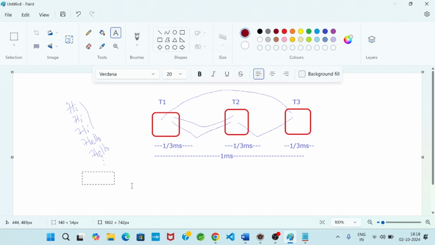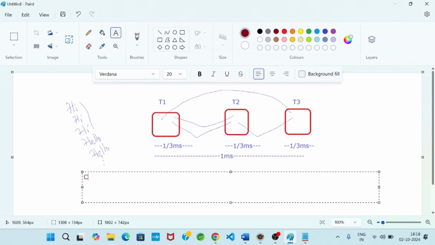In this way, the control is switching from one thread to another thread. So this is called context switching. Remember, there is a terminology, context switching. Multi-threading executes through context switching.